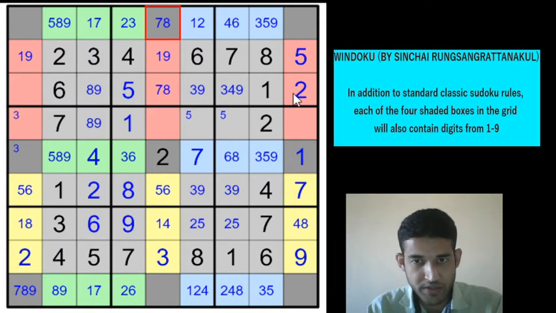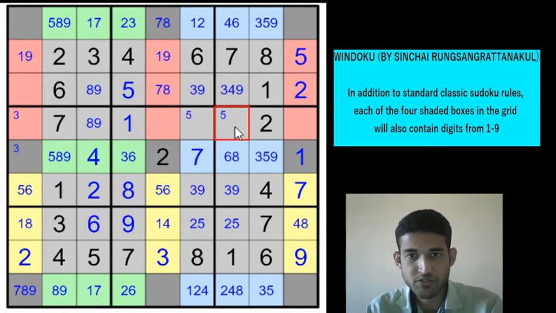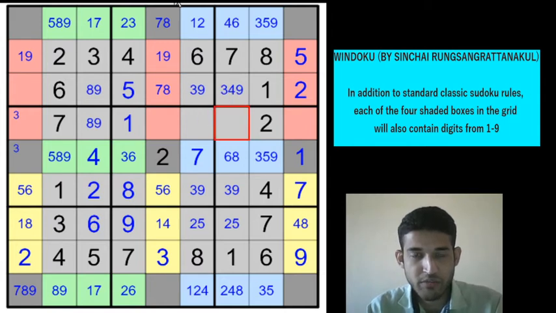Right, if you focus a little bit on row 3, 3 cannot be here, 3 cannot be in also this red cell, which means 3 in that row will have to be in this window, right? So we can remove the 3 from these 2 cells. So 1, 2, 3, 6, 7, 8 cannot be in these 2 cells because 3 is confined to this cell. So this is going to be 4, 5 or 9, and this will be 4, 5 or 9, but 4 is here, so this will be a 5 or a 9.